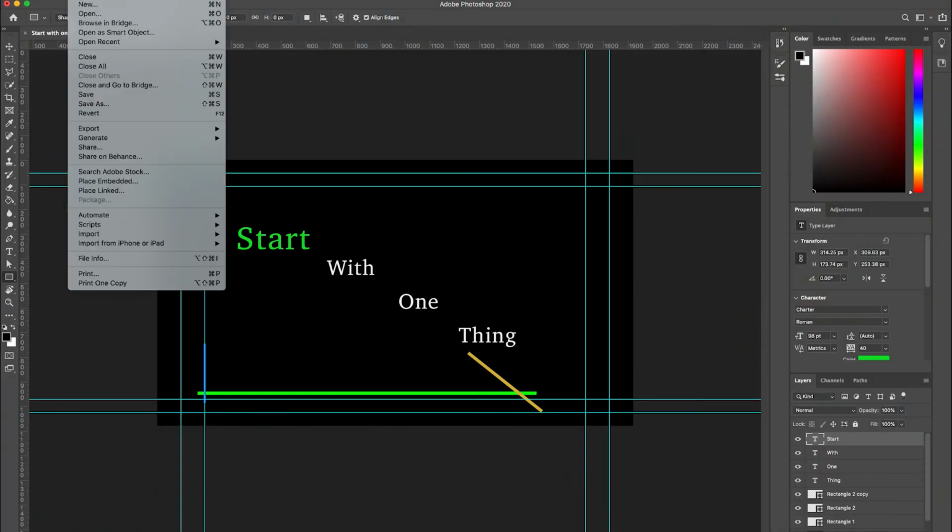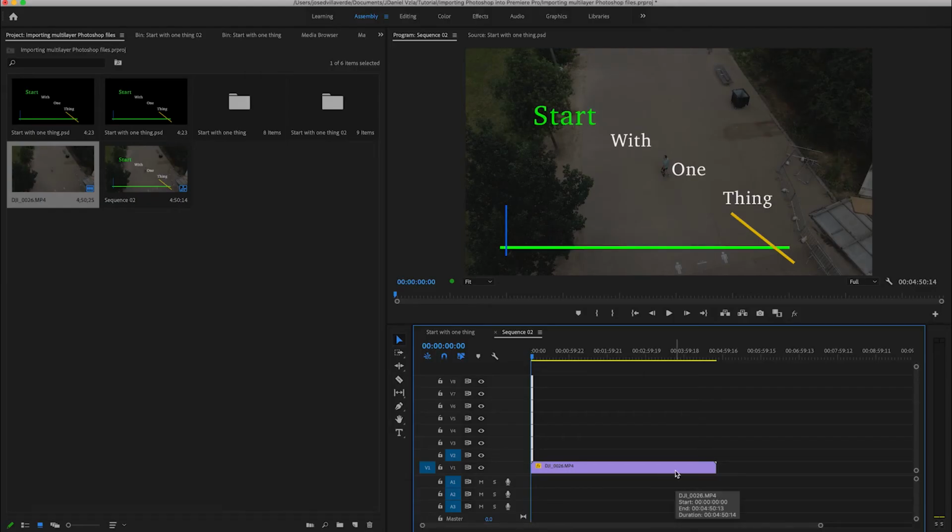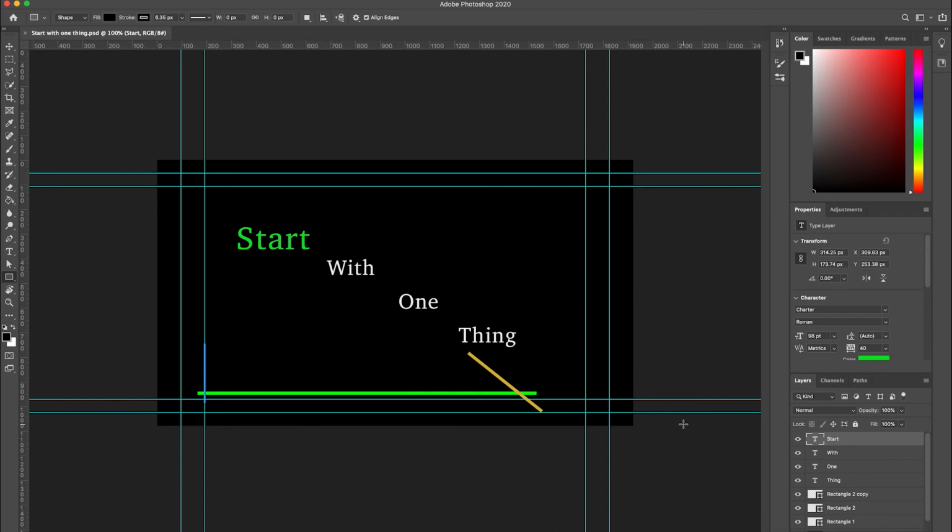If you don't save the document, Photoshop is not going to make any change in Premiere Pro, but once you save the document, it will make the change in Premiere Pro. So for that we are going to press Command S or Control S, or you can go here on the top where it says File and just save. Now if we go to Premiere Pro, you can see what the changes are. You can see now the letter is bigger, it's green as we did in Photoshop, and the bottom line is green as well. So if we go back to Photoshop, let's do another color.